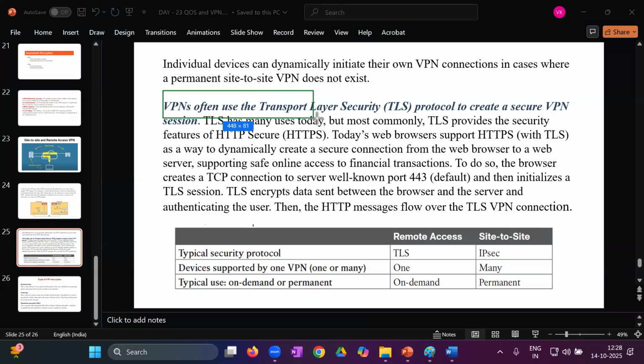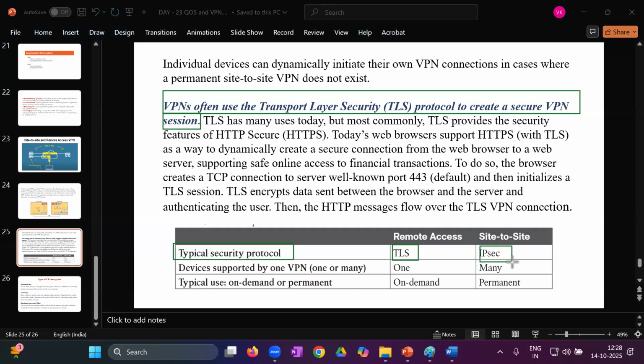That VPN often uses the Transport Layer Security protocol to create secure VPN sessions. What does it use? TLS. So it depends. It is not that it will always be using TLS. It depends on the type of communication. See here what it says. Typically, the security protocol for remote access uses TLS. For site-to-site, IPsec. Because when it is used from remote, it has to access using